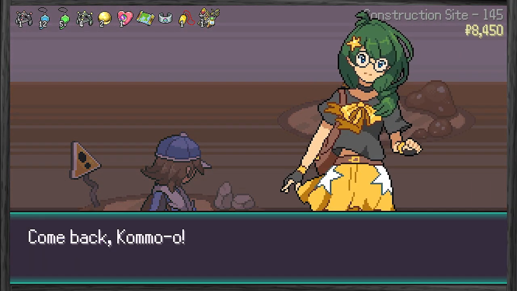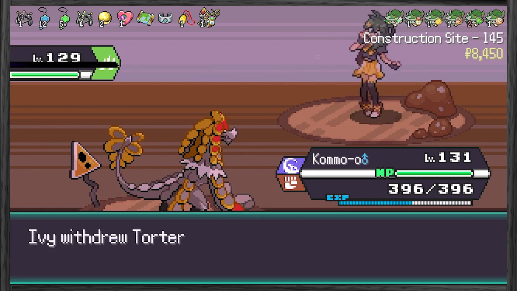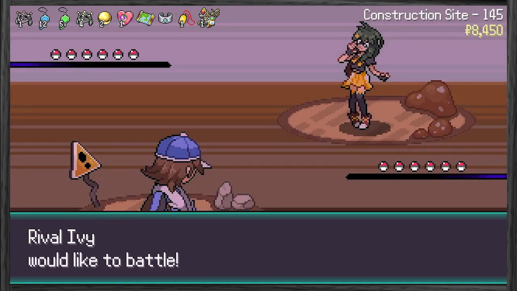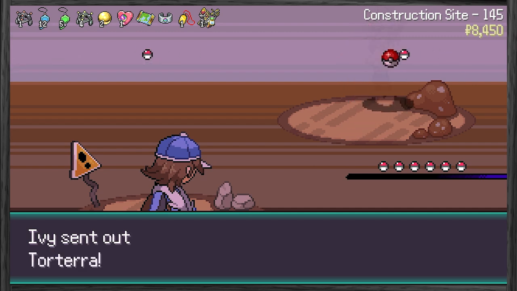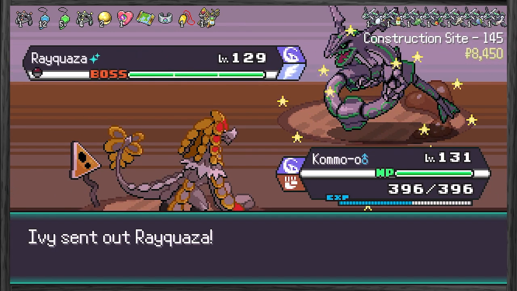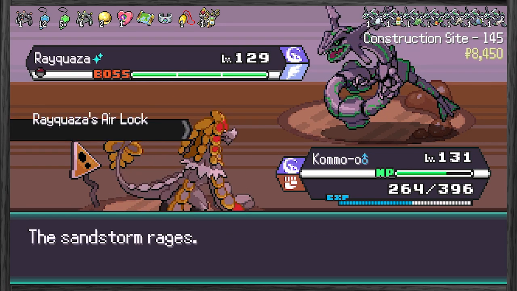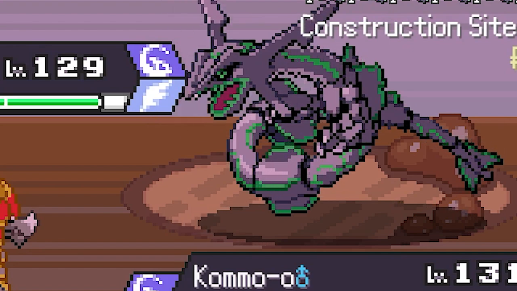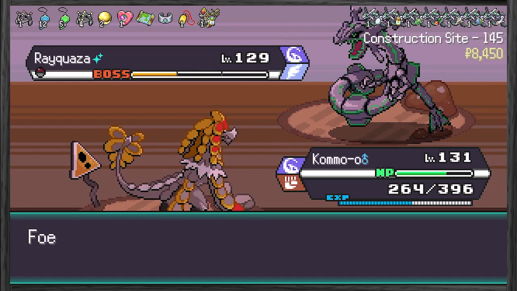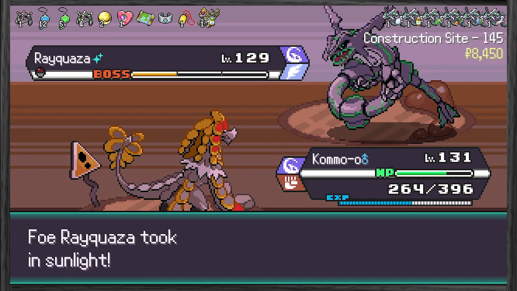Nothing interesting happened until floor 145, where we gotta fight Ivy again, and this time, she ain't even saying anything to me. She leads off with her Torterra, and I with Kommo-o, and right away go for a Clangorous Soul. And right away, she brings in her Rayquaza, with 3 health bars and a sweet custom shiny. I go for Glaive Rush, outspeeding it and taking out most of its health bars, while it goes for Solar